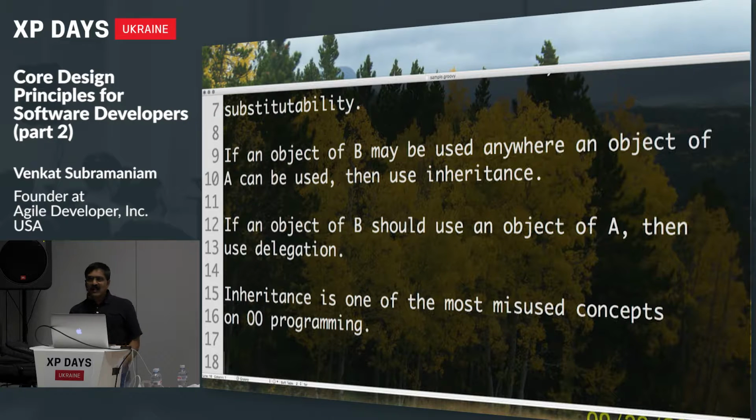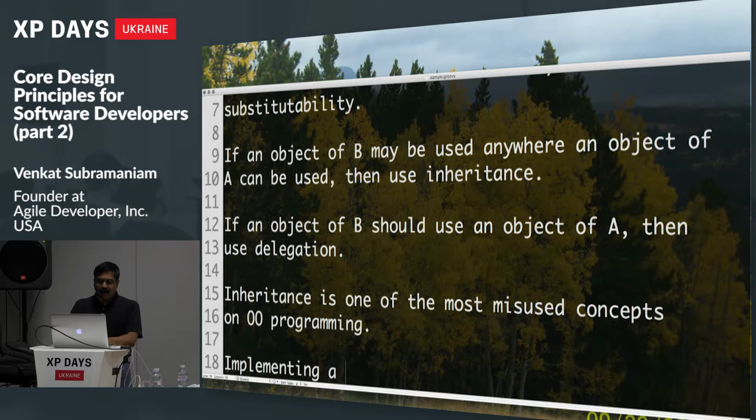And we tend to really suffer through the consequences of it. So avoid using inheritance unless you really want substitutability. Well, let's think about this a little bit. I'm a why kind of a guy, so the immediate question is, why? Why shouldn't I use it? Well, the reason is